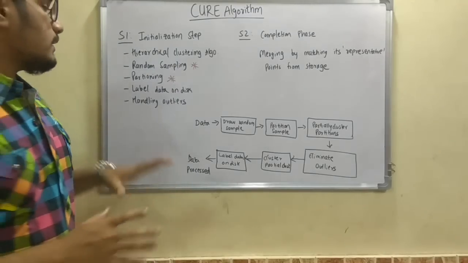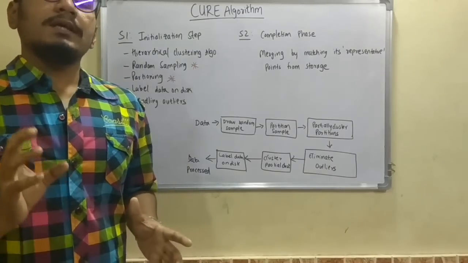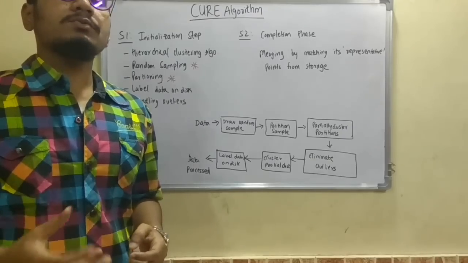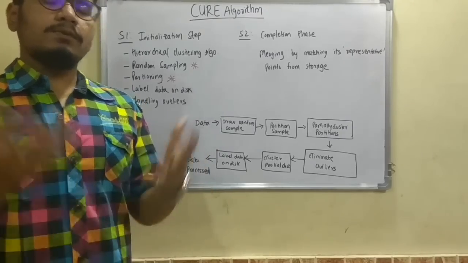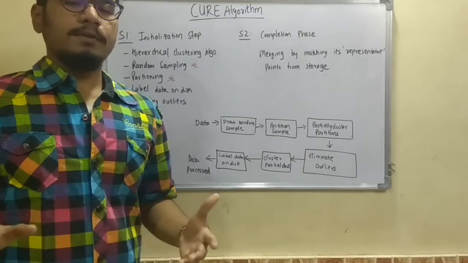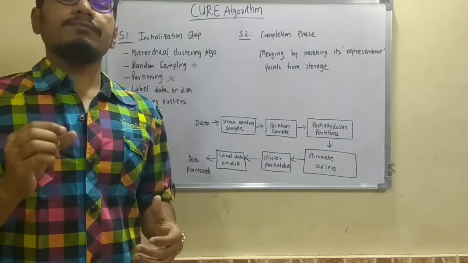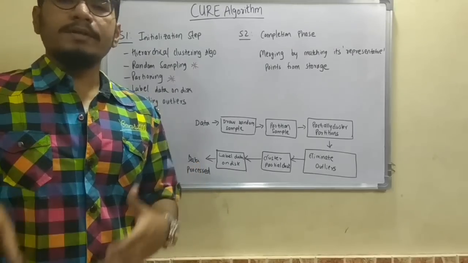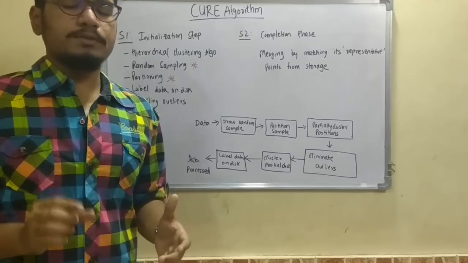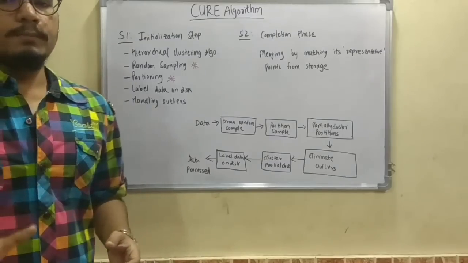Next, we have labeling the data on the disk. This is used to uniquely identify that a particular data point belongs to a particular cluster, so as to compare it with other representative points. Since we have representative points scattered in one cluster, after we sample it into partitions, each partition will have representative points, and from that we see which representative point is the closest, and label that name to that data on the disk. That is how we label the data on the disk.